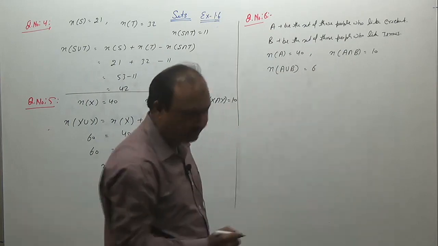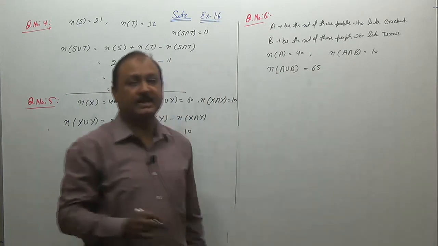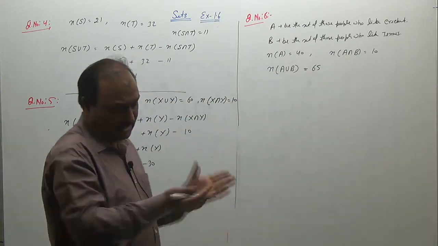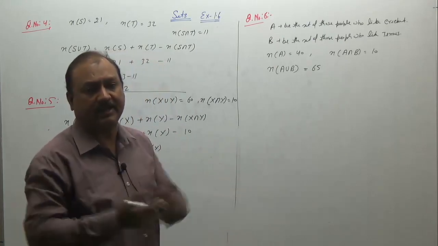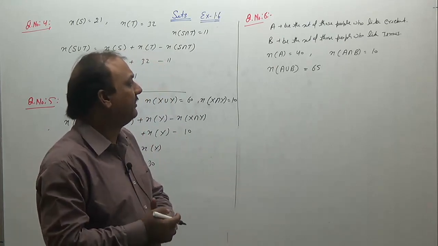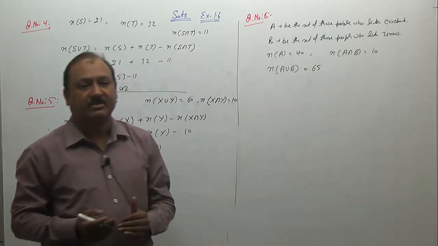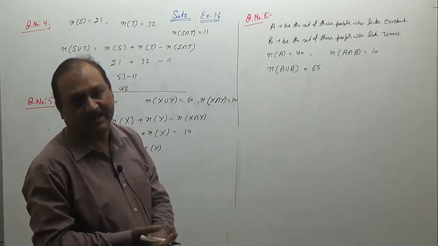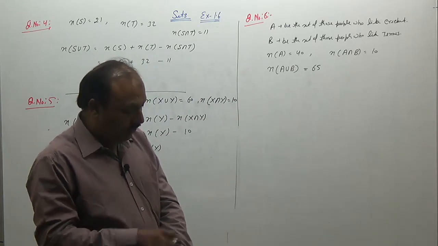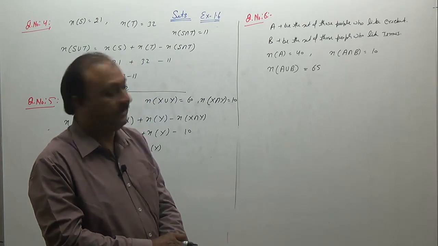These are the 65. You write this later, when it is confirmed whether it is the union or not, because there are some people maybe among the 65 who do not like cricket or tennis. So it is confirmed that here all of the 65 are people who like at least one game. So 65 people, 40 cricket and 10 in both cricket and tennis. How many like tennis only?